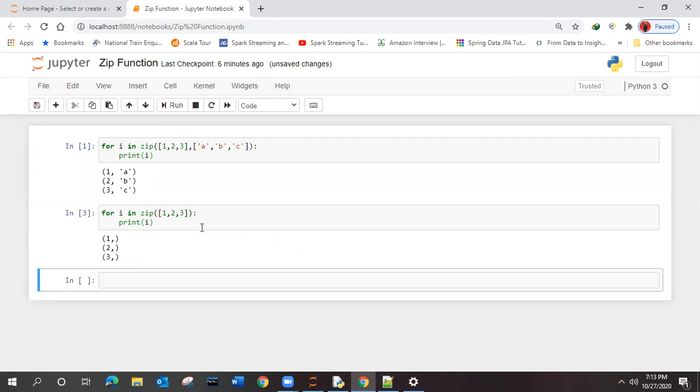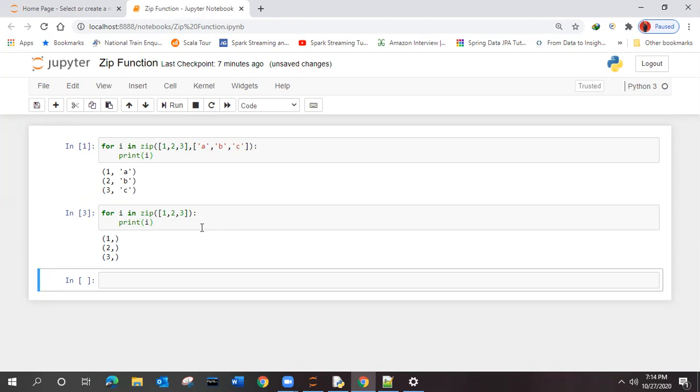See, so the zip will work, but it will leave a blank space. If you are providing two different lists on which it is going to work, then it will zip them. Otherwise, it will be like a normal real-world zip. One will go up, another will be out of range. It will not be present, right? If the zip is not working properly, then it will behave like this. So this will be one example with one argument.